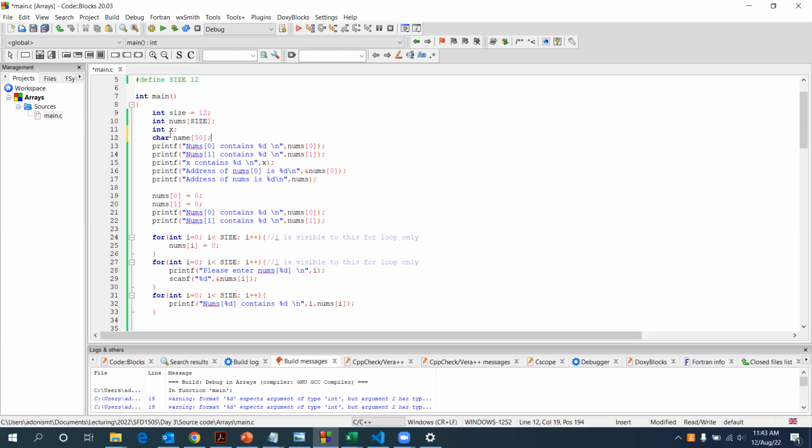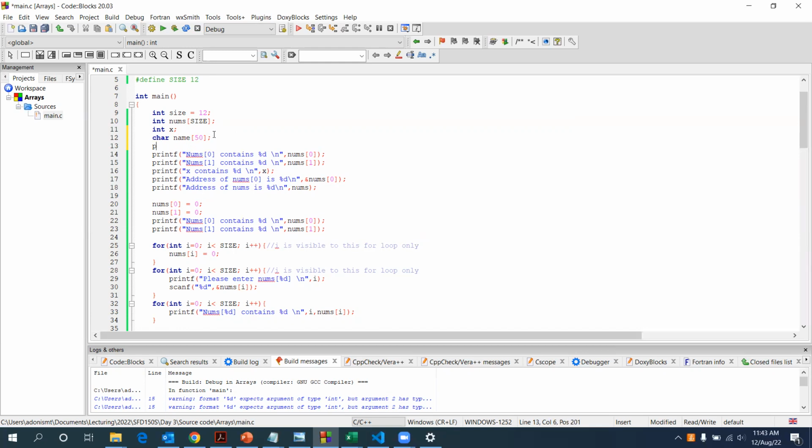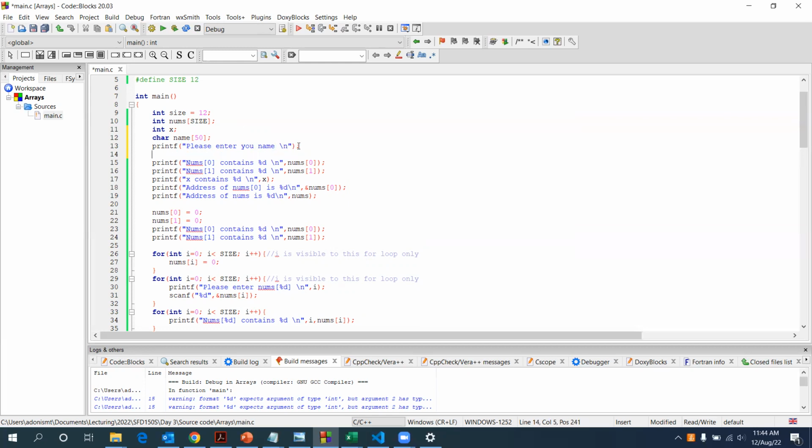So we use arrays to capture input, to use a string. So in printf, if we wanted you to enter your name, please enter your name, and then we can scanf %s,